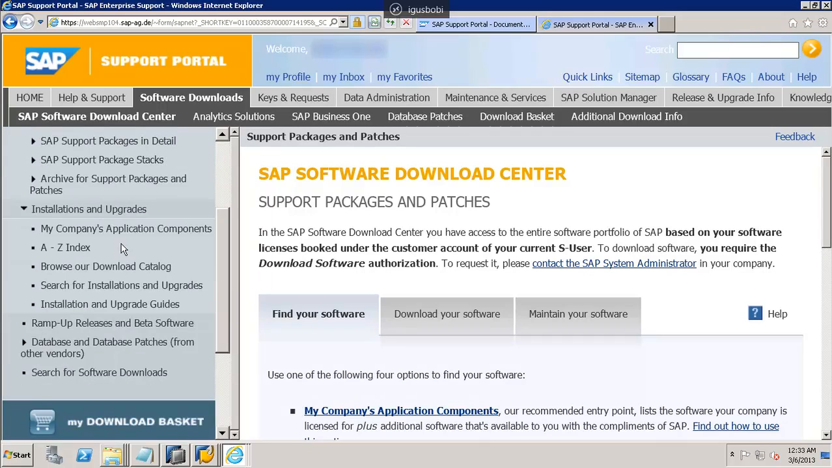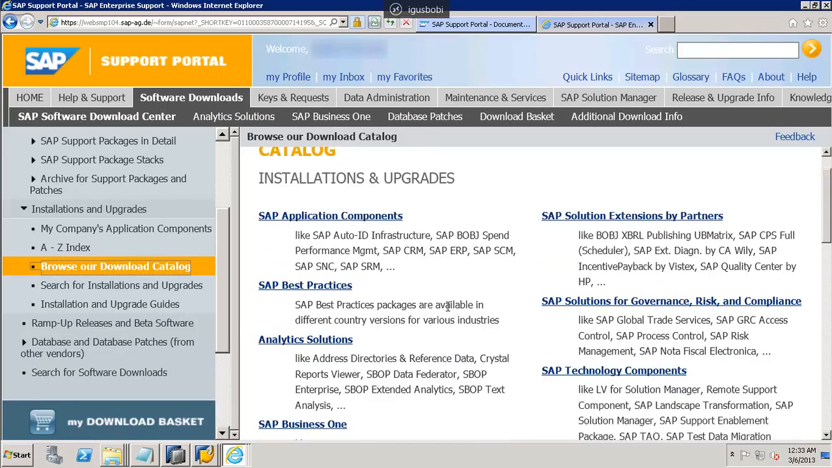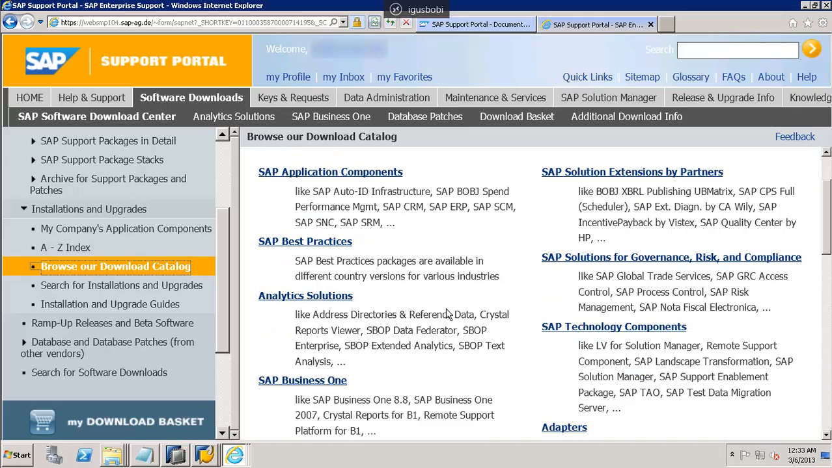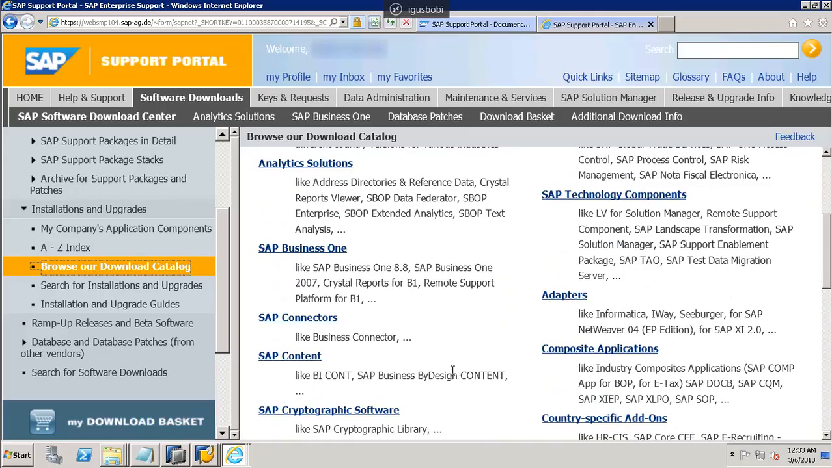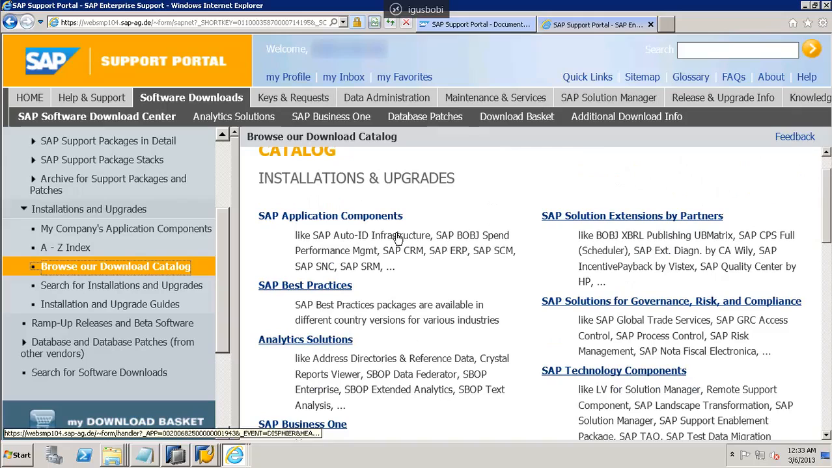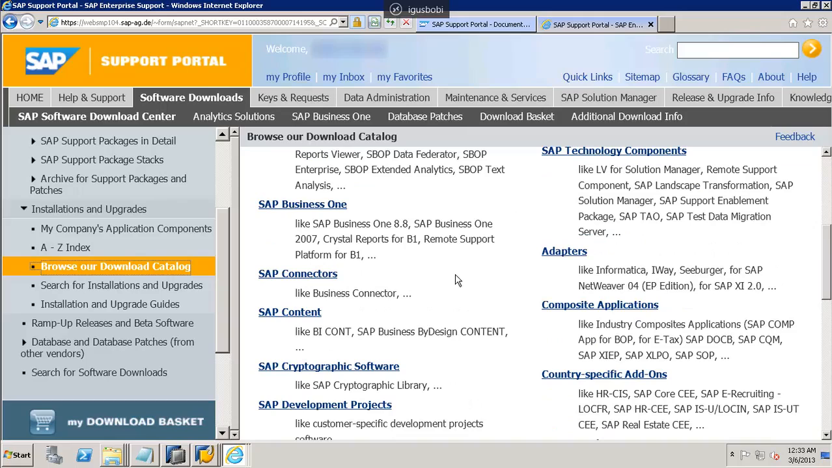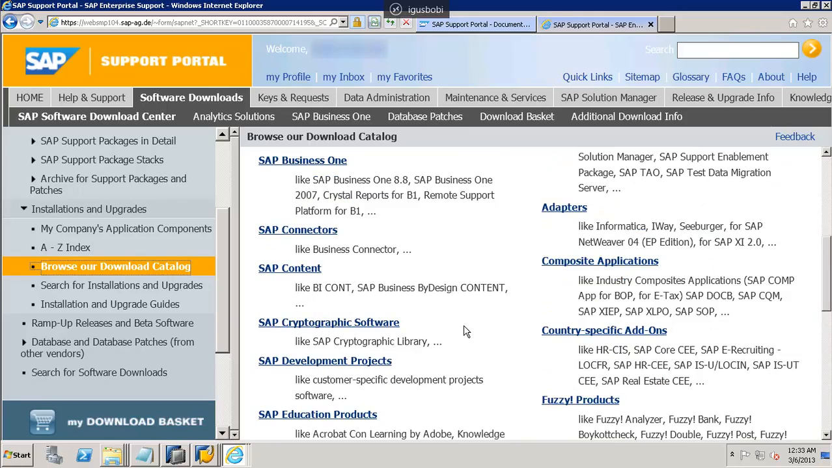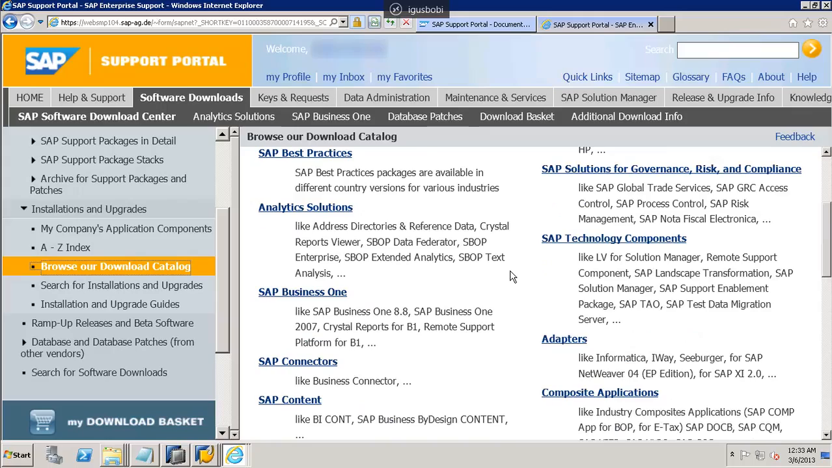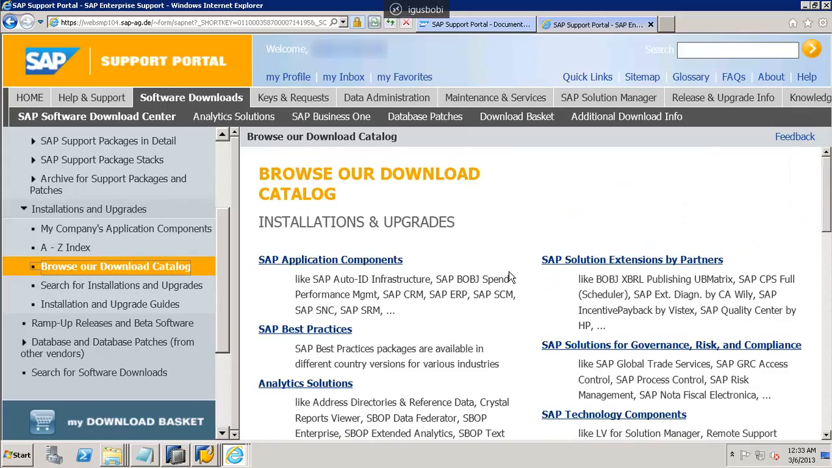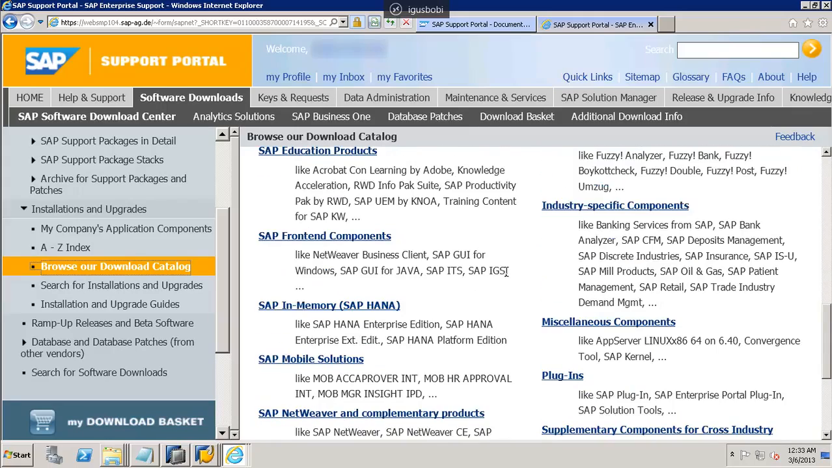Okay, so let's say if I click on browse our download catalog, you can see it is organized in this particular manner at this point of time. Here you can see your SAP application components, different application components are there. Say for example I want to upgrade my kernel, so you can find it under additional, okay, let's see, it is under,